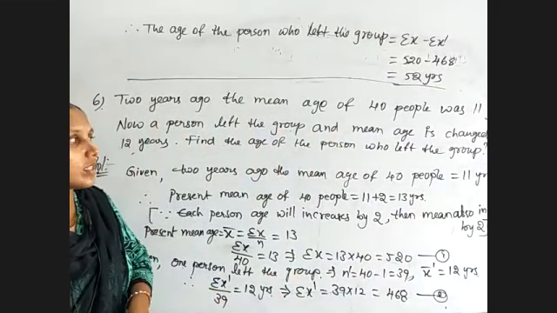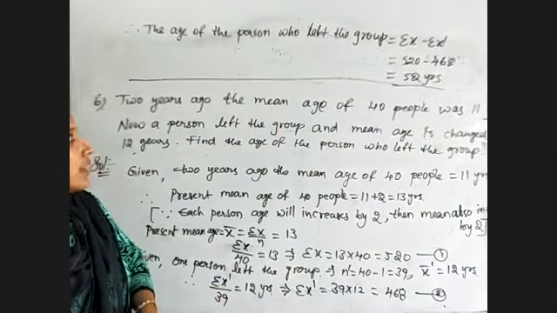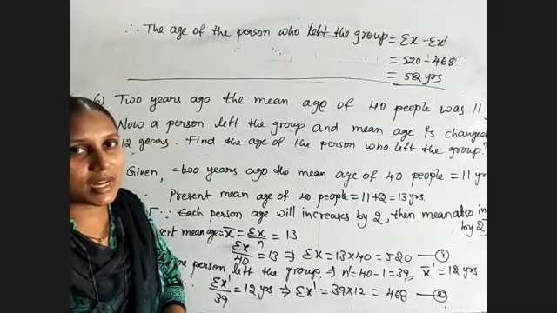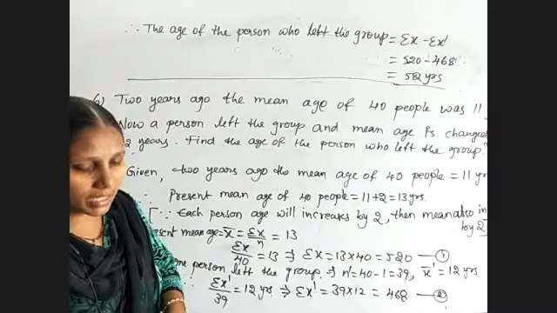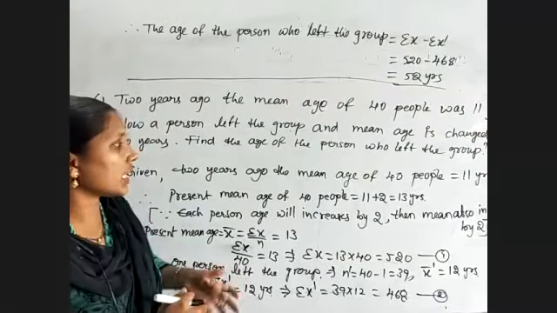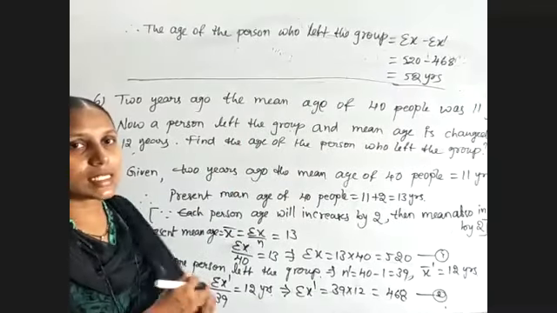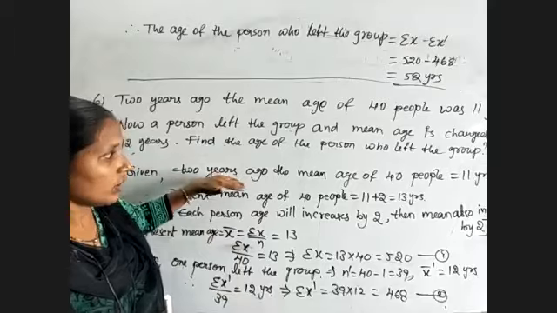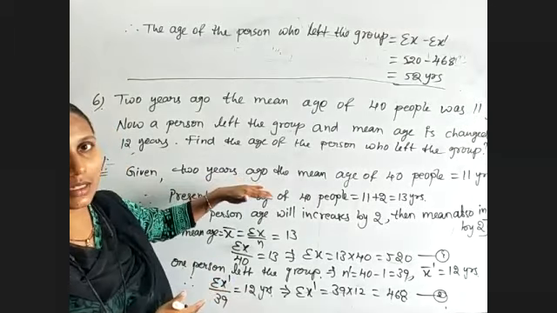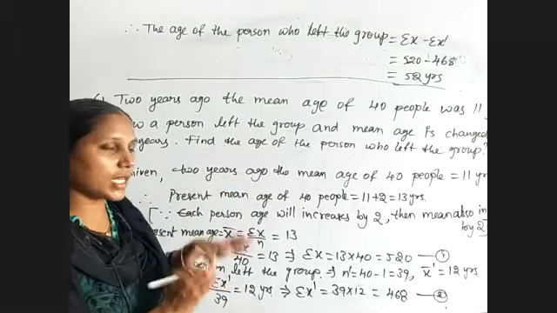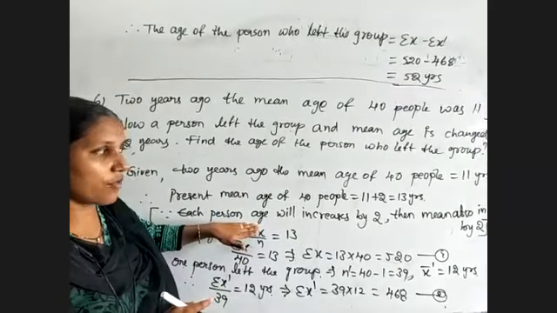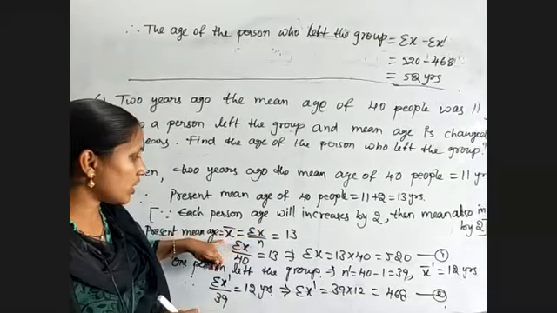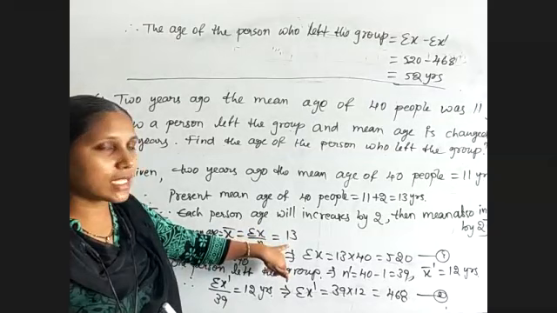So once again, observe the question carefully. Here they have given 2 years ago. If the present age is given, then we will directly take it, but the present age is not given. So for that sake, what is the present sum of the people we need to find? When 2 years ago is given, after 2 years the mean also increases by 2 by the property of mean. So we got the mean age as 13 years.